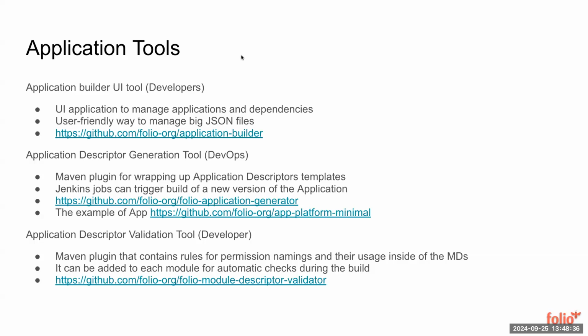To be able to test your module descriptors and to prevent you from adding new permissions that are not very good for our capabilities, you can add this Maven plugin to your regular module build, and all the things will be automated, like another linter check: okay, the module descriptor is valid, everything is okay. Or, sorry, you have some problems in naming or permission usage, like one permission used to protect multiple endpoints. It's not very good, not very secure. So please check it and